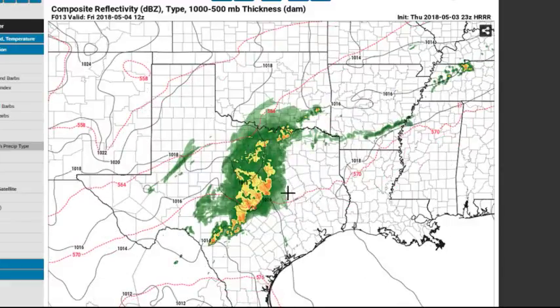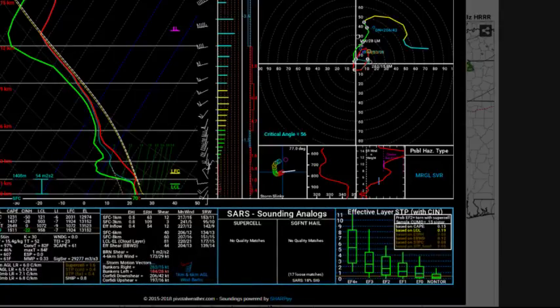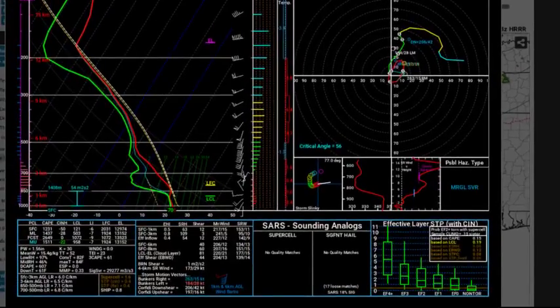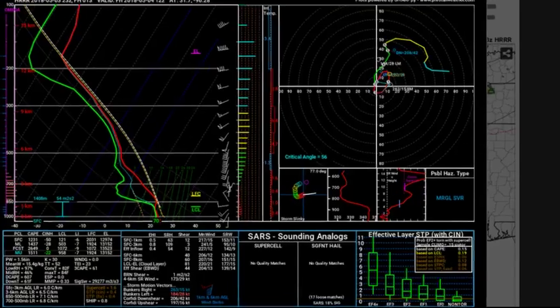In fact, I can give you the SkewT profiles. So this is just south of Dallas. So the SkewT is tomorrow. It does show that we do have some CAPE there. You can see a little bit of capping. The lifted condensation levels are going to be pretty low there with that high relative humidity, but the main problem we have here is